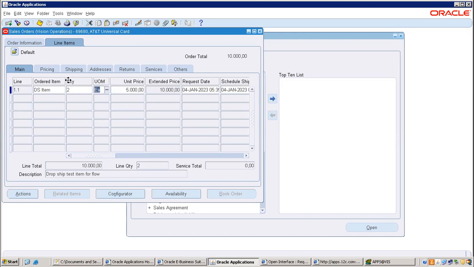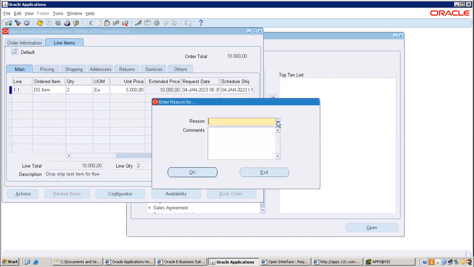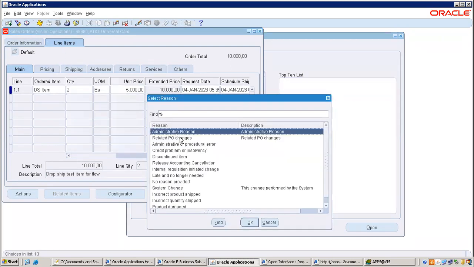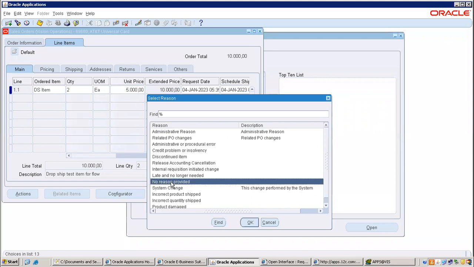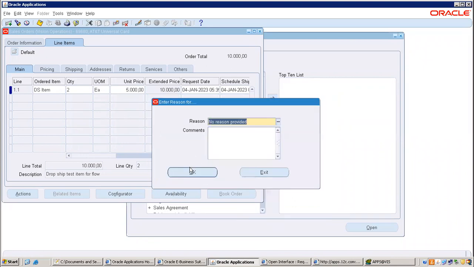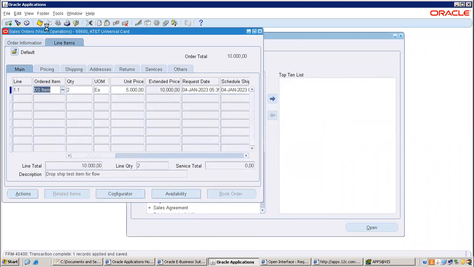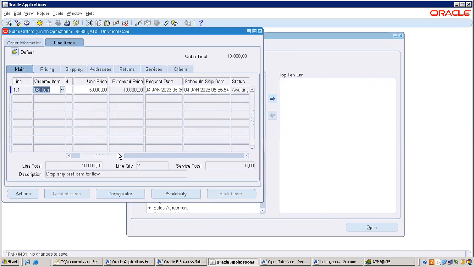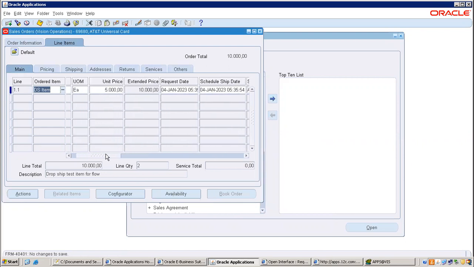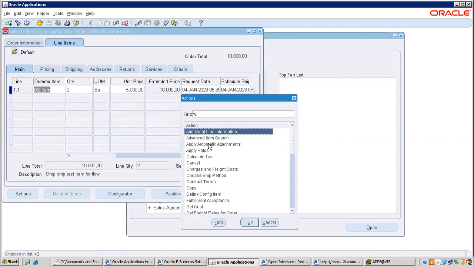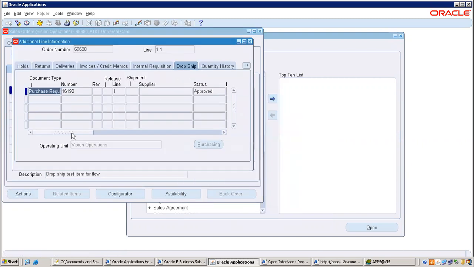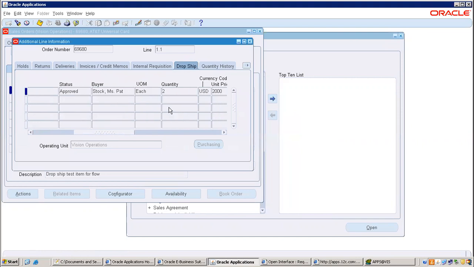I am modifying at the sales order line level, but it will reflect automatically. Save. Automatically, it will carry to the PO requisition level. If you want, you can check here. Here also, you can see only 2 quantities. See, can you see?